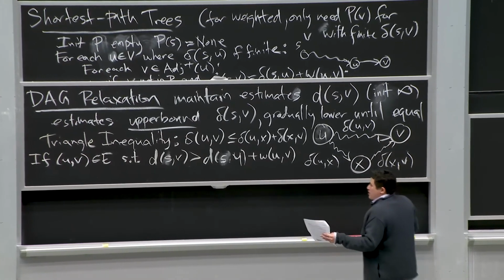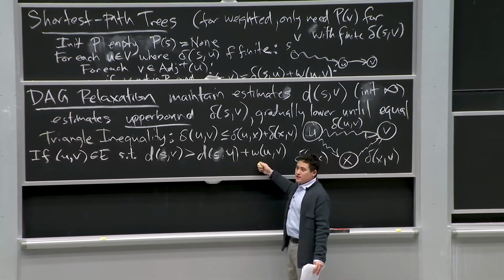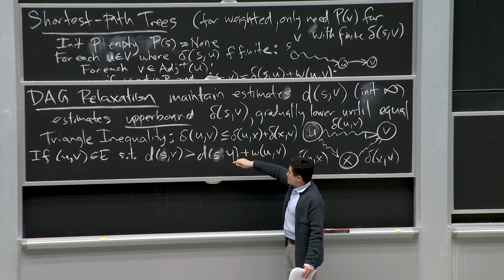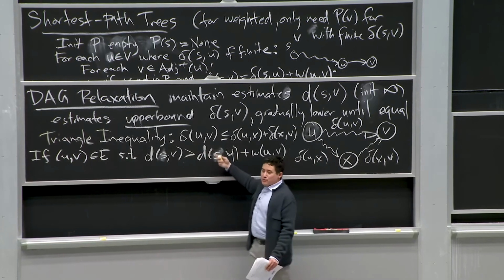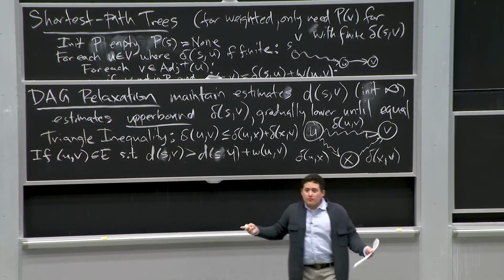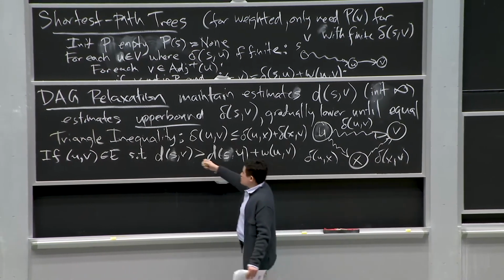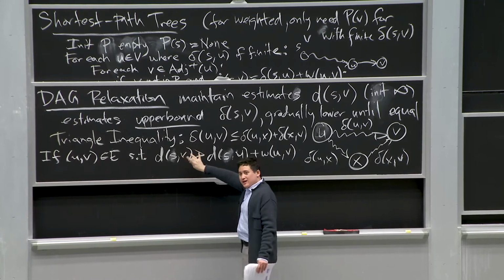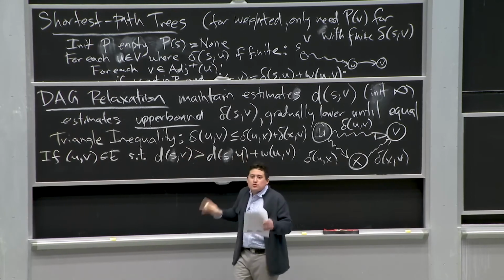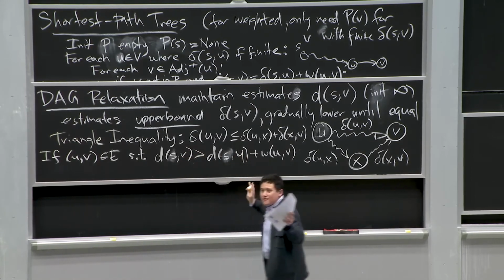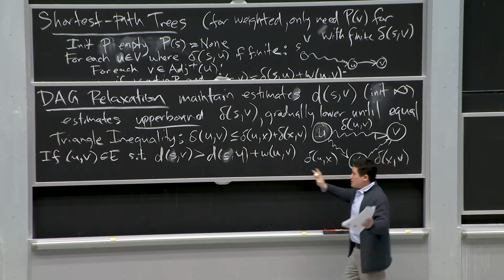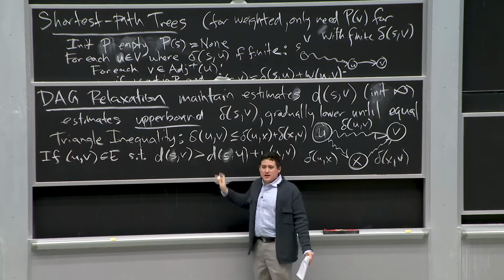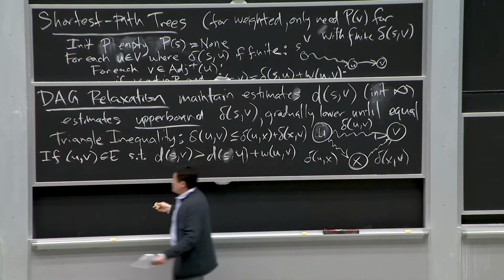Relax is a little weird word here. We're using it for historical reasons, but that's what we mean when we say relax. This thing is a violated constraint. It's got some pressure to be resolved, right? And so to resolve it, we're just setting this guy equal to this, so it at least resolves that constraint locally. Now it may violate the triangle inequality in other places now that we've made this change, but at least this constraint is now relaxed and satisfied. Okay, so